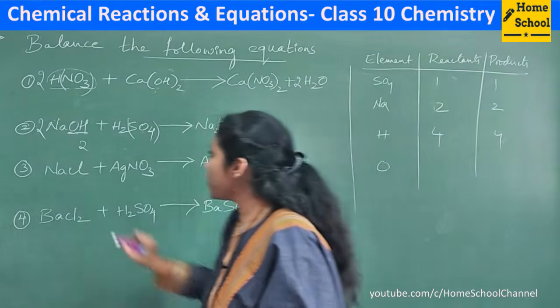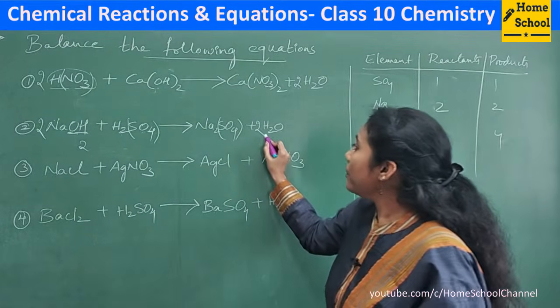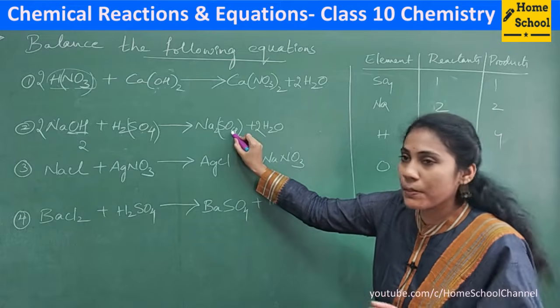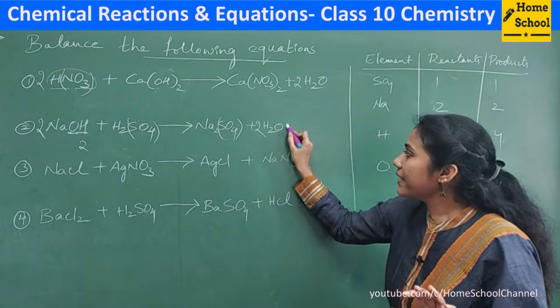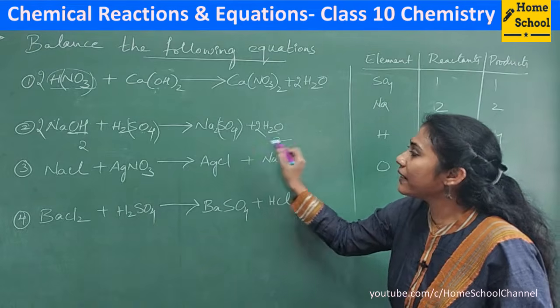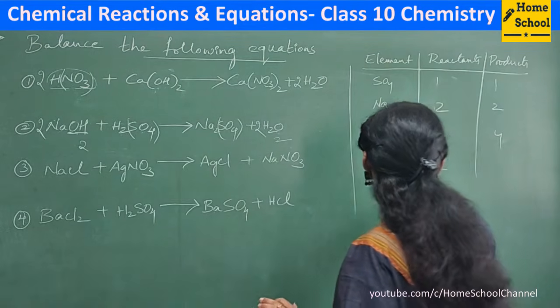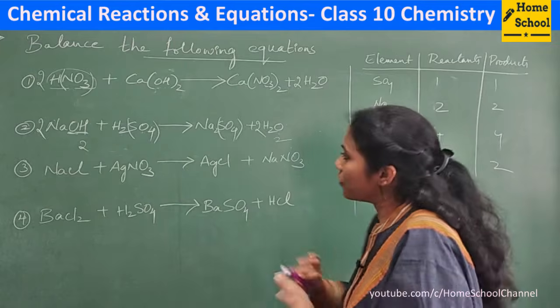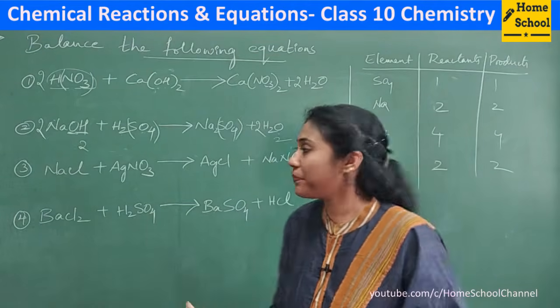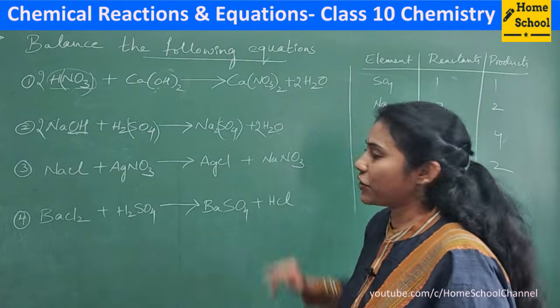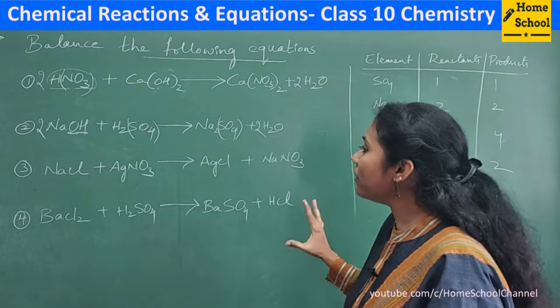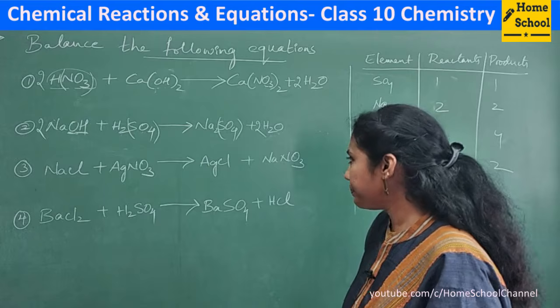So there are 2 oxygens in the reactant side, and how many oxygens in the product side? You are not supposed to consider this oxygen. As a group it is over. And now you see there is an oxygen 2, right? So oxygen atoms: 2 in the reactant side and 2 in the product side. So oxygens are balanced, right? So this is how you have balanced this equation. Clear? And now coming to the next reaction.